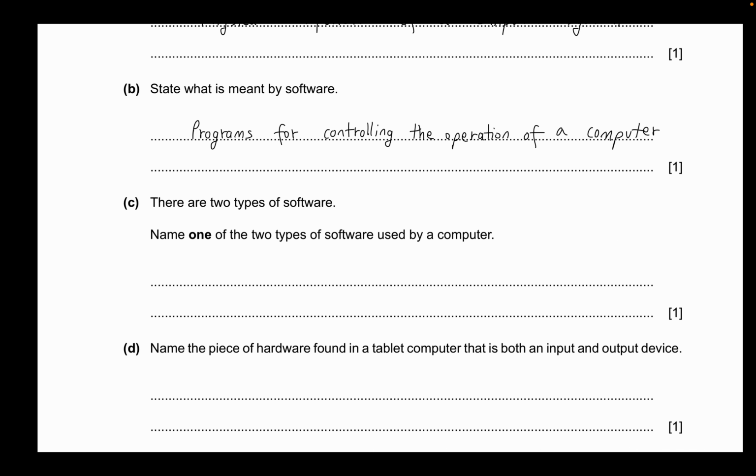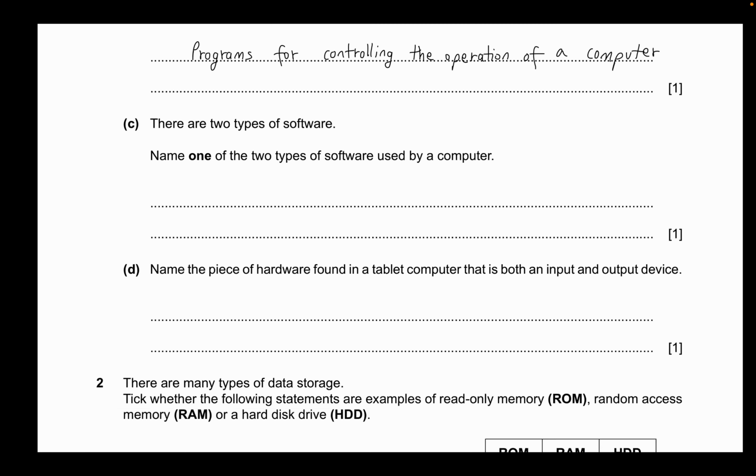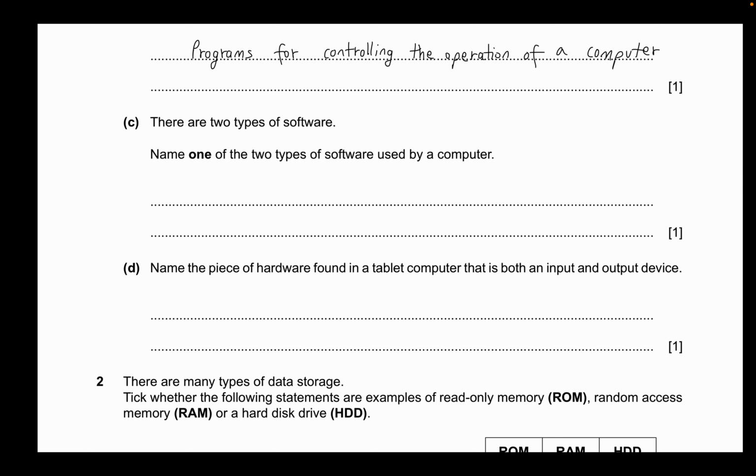There are 2 types of software. Name one of the types of software used by a computer. A computer uses 2 types of software: system software and application software. So name one of the 2 types. We're just going to write system software. Next question. Name the piece of hardware found in a tablet computer that is both an input and output